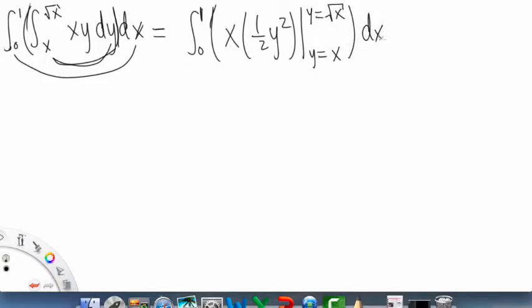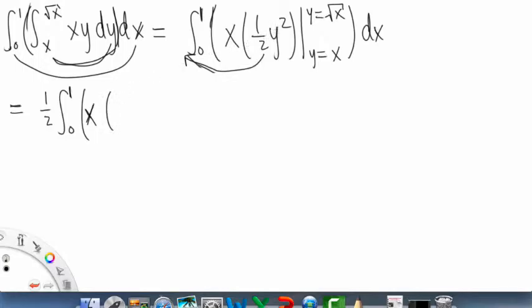And then we have our dx on the outside. Okay, so now we have this, and what I like to do is just take out the constants, so we don't have to bother with those until the end. So I'll take out 1/2 in the front, and that'll just stay out there. It'll hang out until it's ready to be useful. And then we have x on the inside, this x here,